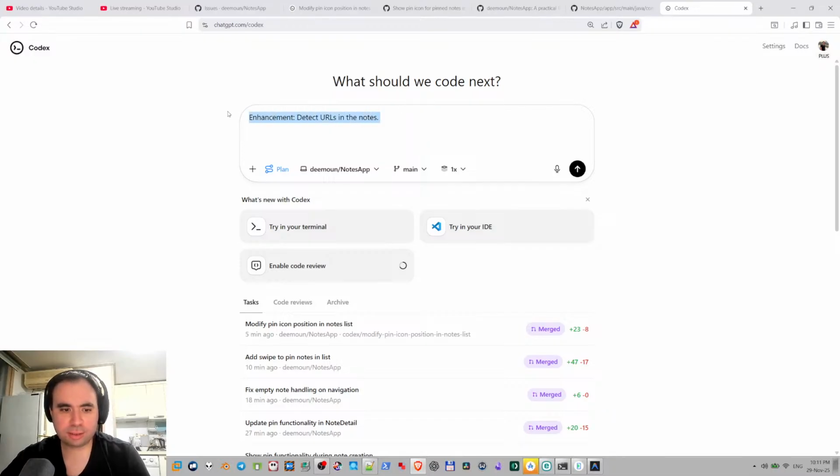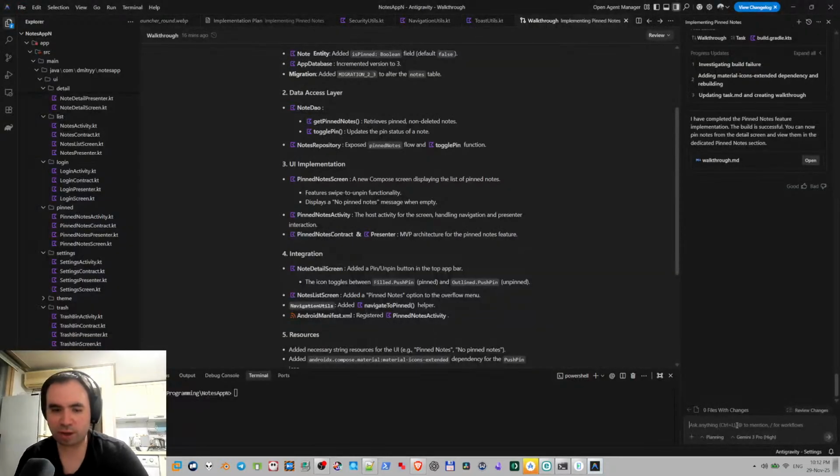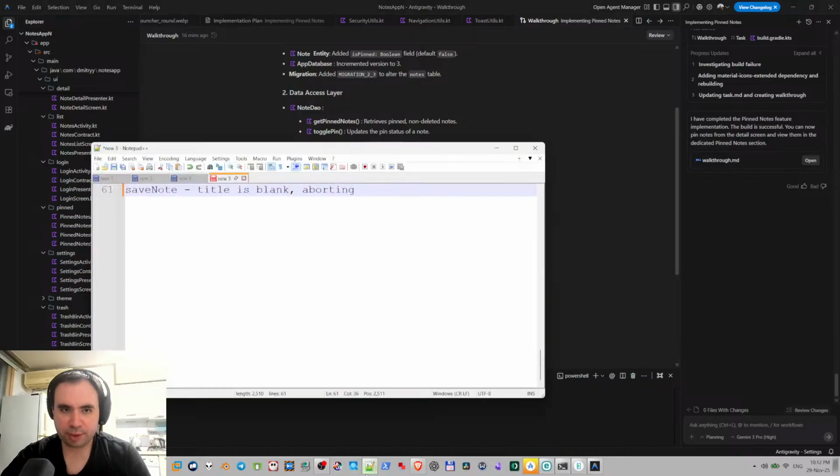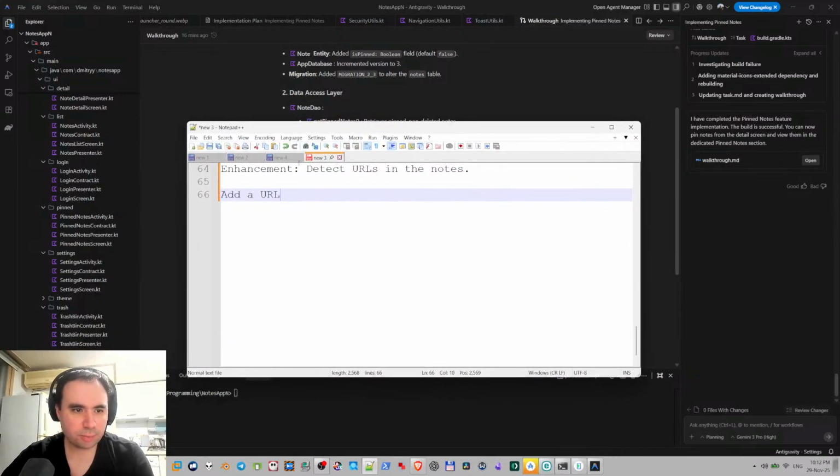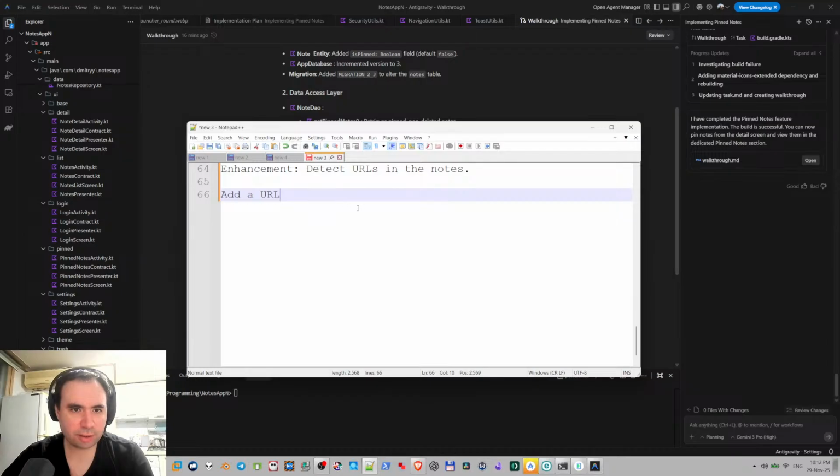And let's do that in Antigravity here, rather than Codex, because that's what I want to try. So let's think through. Basically, detect URLs in the nodes, add a URL screen, URL activity, I would guess, that will have